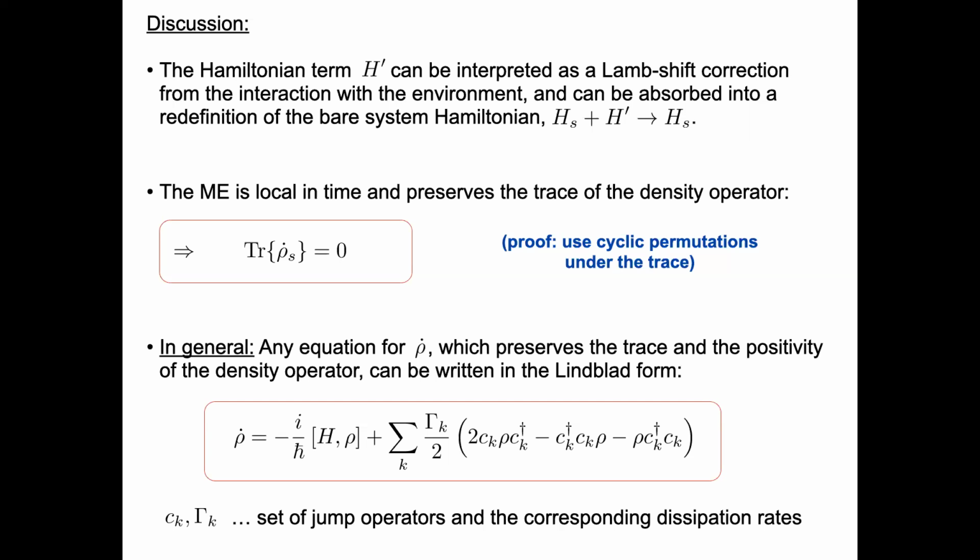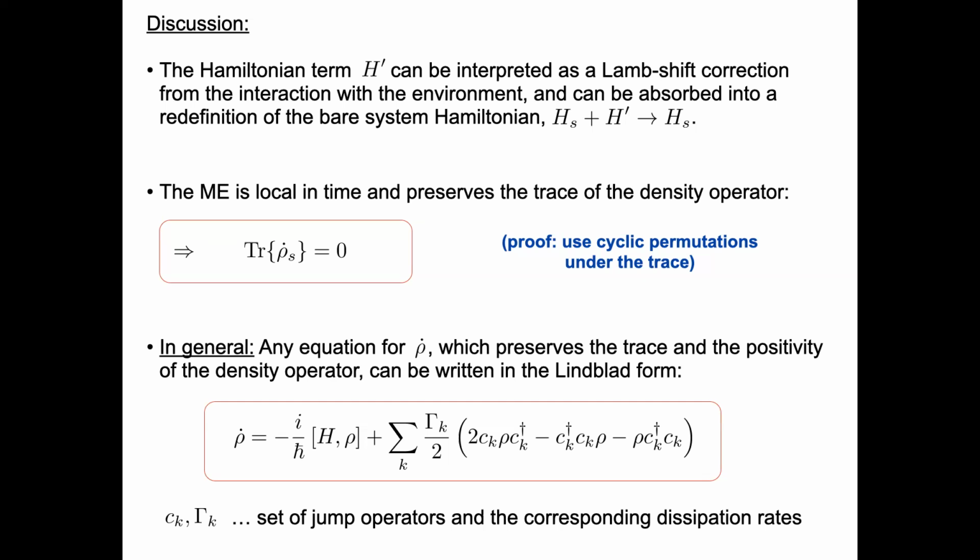Another remark I want to make is that we did everything so far for an atom coupled to one path, or let's say a system coupled to one path. In general, you can couple to the electromagnetic environment, you can couple to phonons, you can have decay, you can have dephasing. So everything we did so far can be readily generalized to this type of master equation.